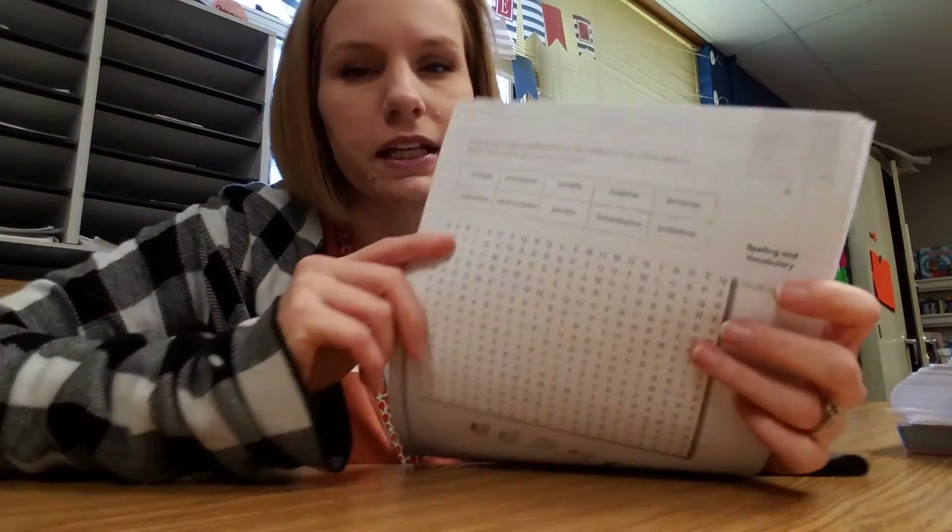So tomorrow in English, we are, I don't remember what else we're doing at this moment, because I didn't have to make copies for that. But we haven't practiced our dictionary skills in a while, and they always need a review. Some of them are just really super quick with the dictionary and are able to find the words right away. Others struggle. So I just found this sheet, and this is